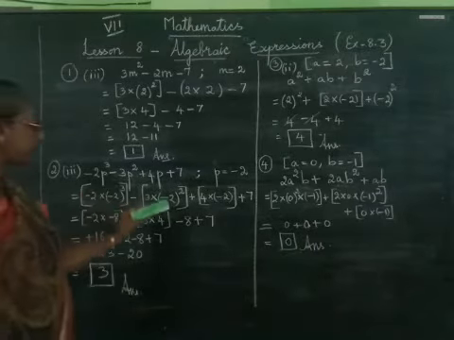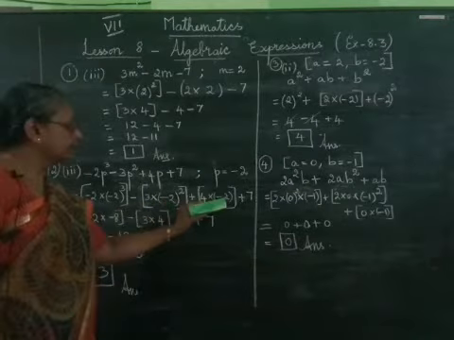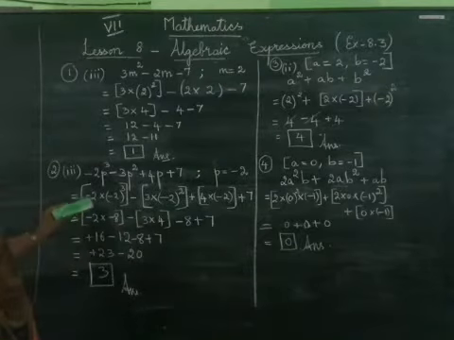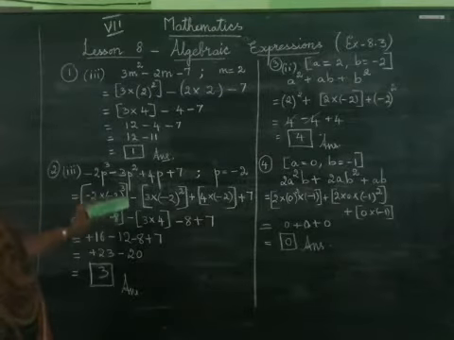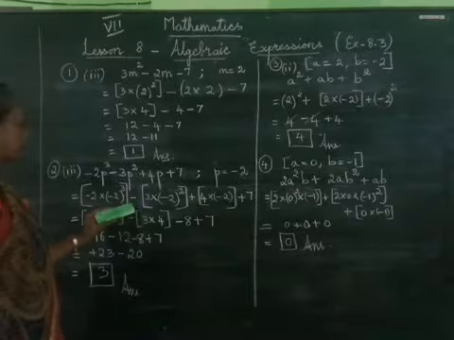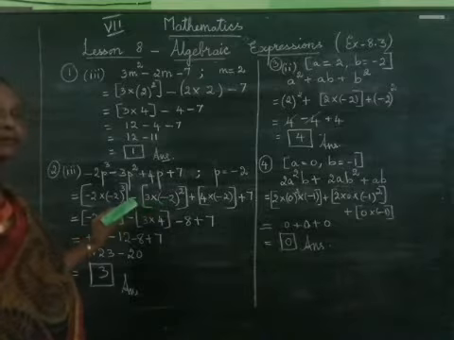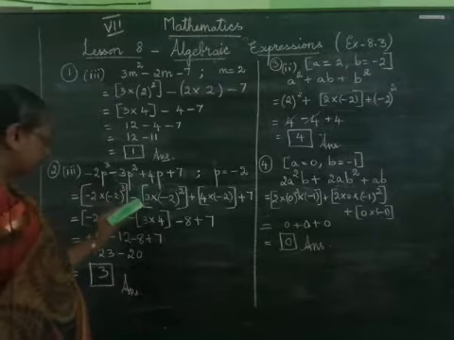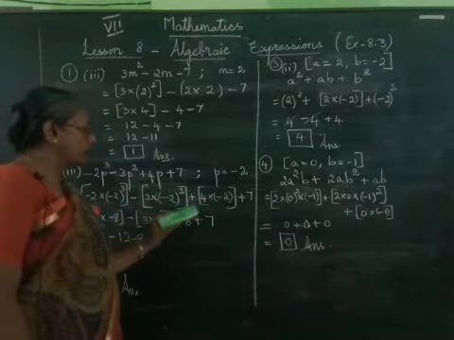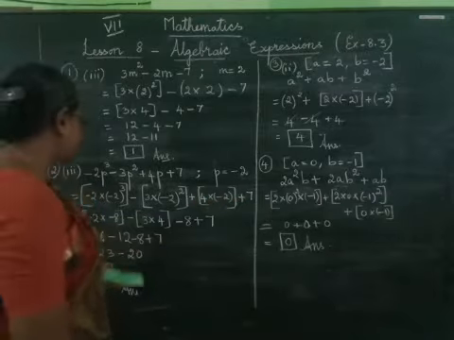In place of p square we have to put minus 2 whole square. In place of p, minus 2. So when we multiply minus 2 into minus 2 whole cube, minus of, I have put it outside the bracket because 3 will be multiplied with p square and minus we can keep as a common sign outside the bracket. 3 into minus 2 whole square plus 4 into minus 2 plus 7.